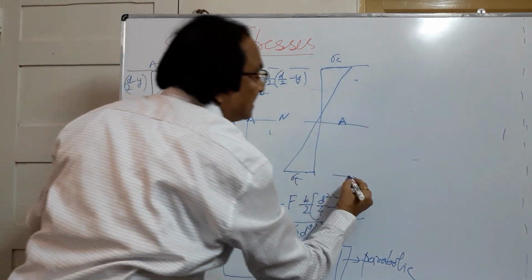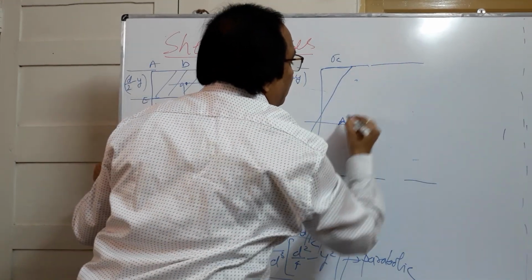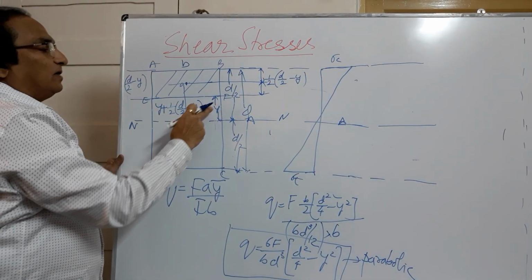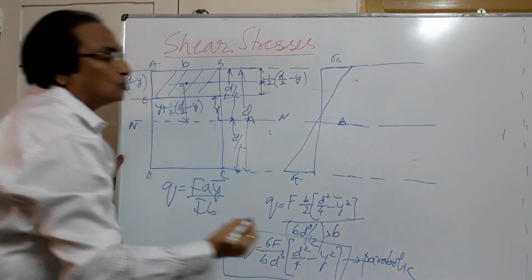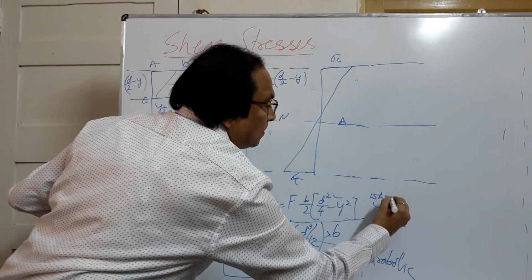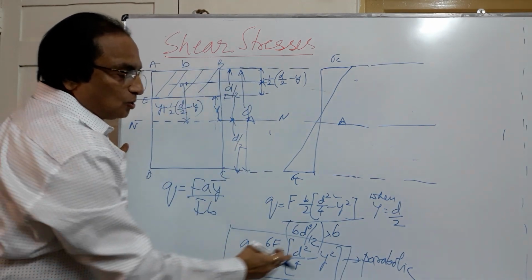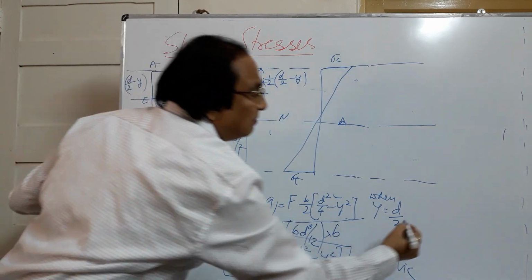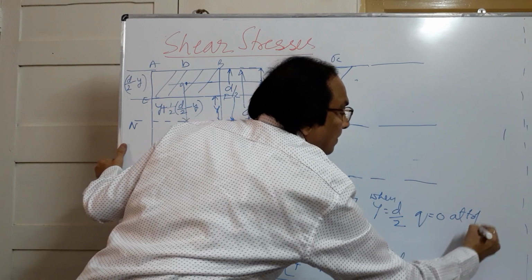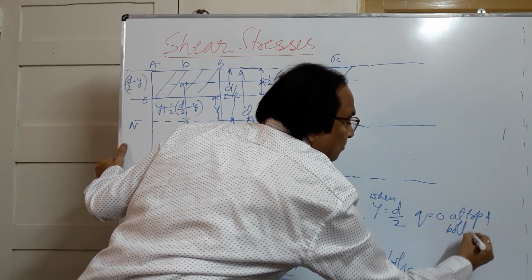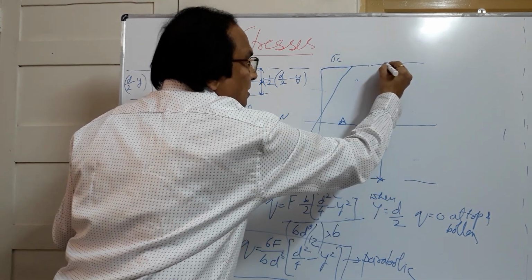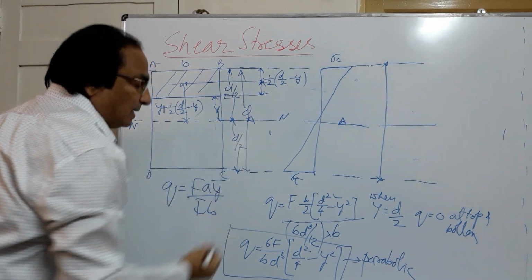Now if I go for the shear stress diagram across the cross section of the beam, we have got two values. y is varying from 0 to d by 2. So when y is equal to d by 2, the term D squared by 4 minus y squared will become 0 at top and bottom. At both the points, the shear stress will be 0. If you plot it, it is 0, it is 0. And it is maximum at the neutral axis.